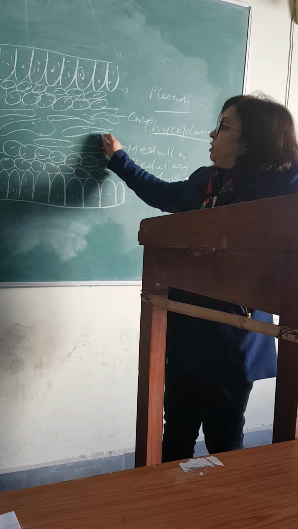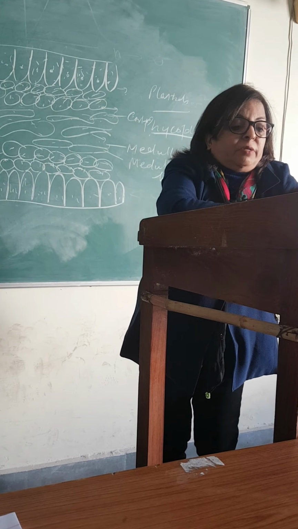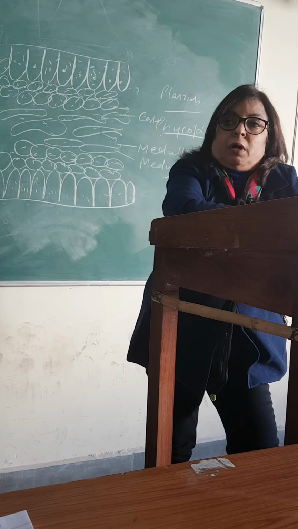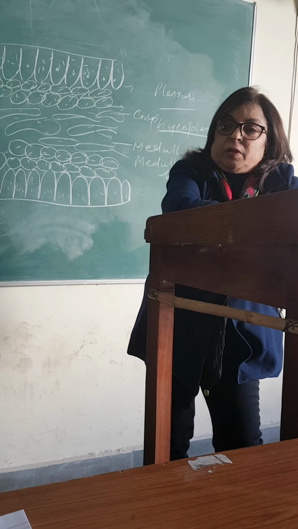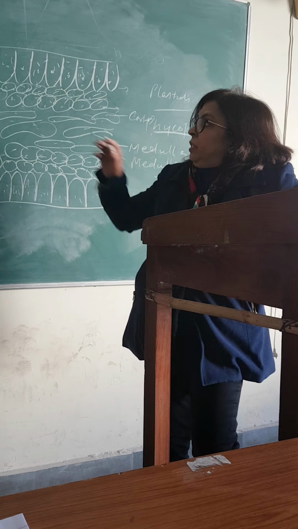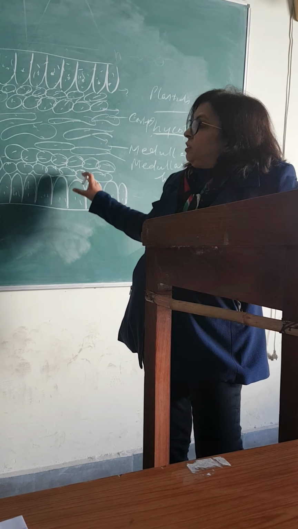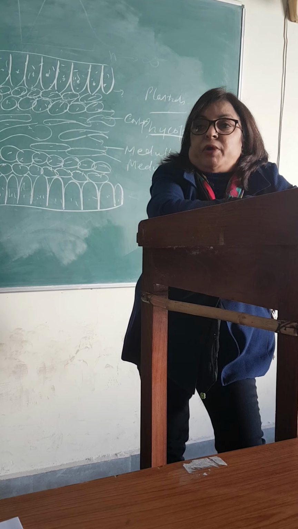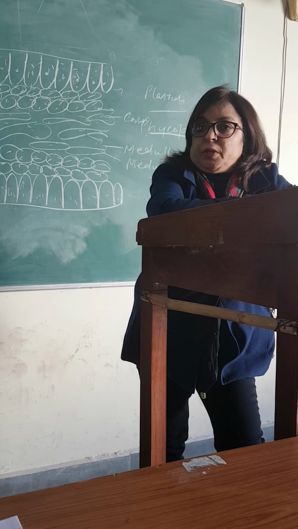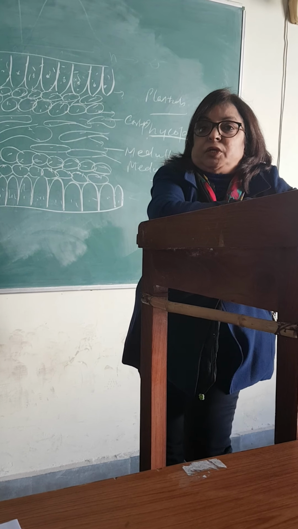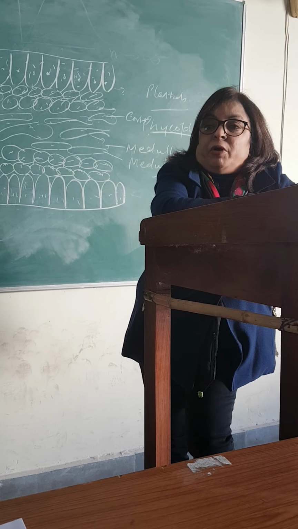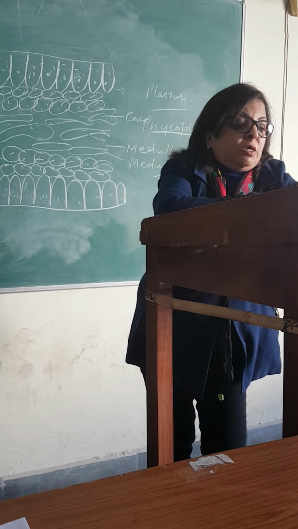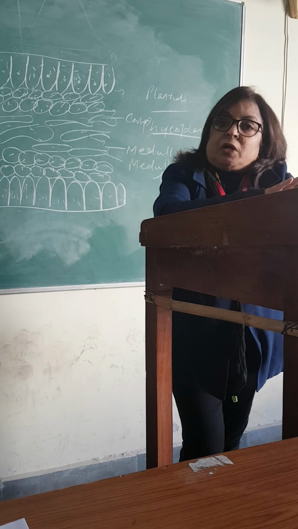Similarly, the medulla helps in the conduction of water or other substances throughout the thallus. So these three distinct parts of the thallus differ in their structure and also perform the different functions required by the thallus. So this is the vegetative structure of the